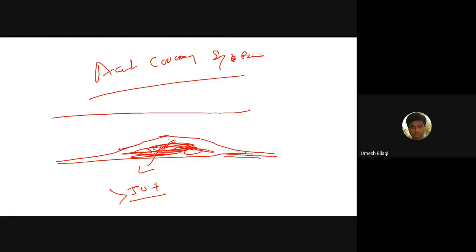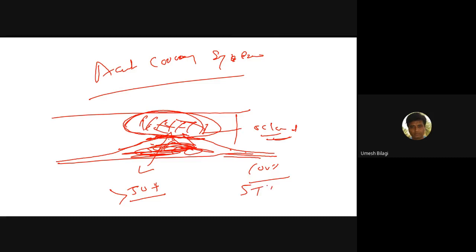What happens is the endothelium covering here gets torn off, eroded. As it is eroded, the underlying fat and other things get exposed to the blood. So there is a formation of thrombus suddenly. This thrombus occludes the vessel. If this occlusion is 100%, the patient will end up with STEMI, and if less than 100%, the patient may end up with NSTEMI.